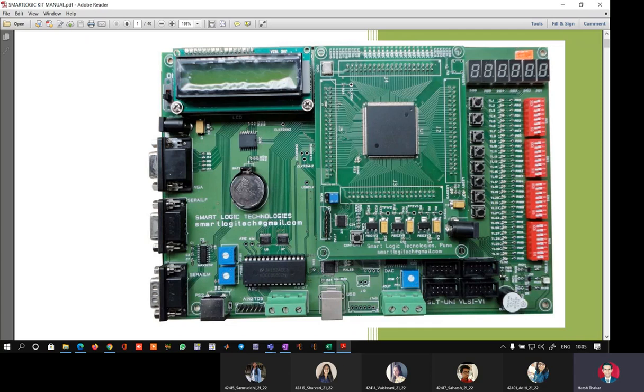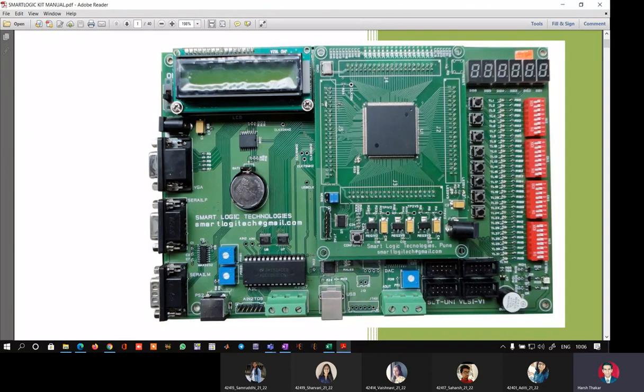Students, please understand that whenever we want to give inputs such as reset, which are asynchronous, random and instantaneous, such inputs are always given through push button switches and never through dip switches. Reset and preset are examples of such inputs, so for that we use the push button switches. There are 8 push button switches available on the kit, also known as push to on switches. That means they are on when they are pressed.